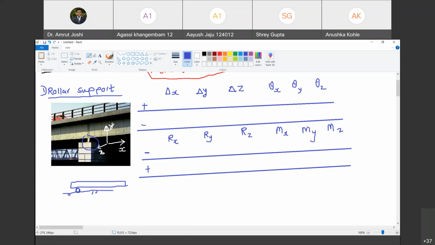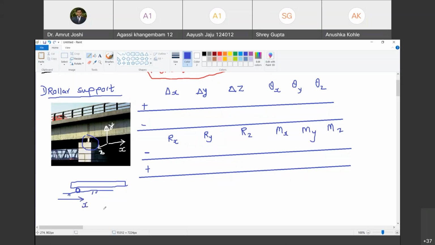A similar support you will be seeing here. If you imagine, this is a circular cross section rod running throughout the width of the bridge, and it is resting on the plates on top and below. Are you able to see that? Now let me call this direction as x. So in this view, this will be x.